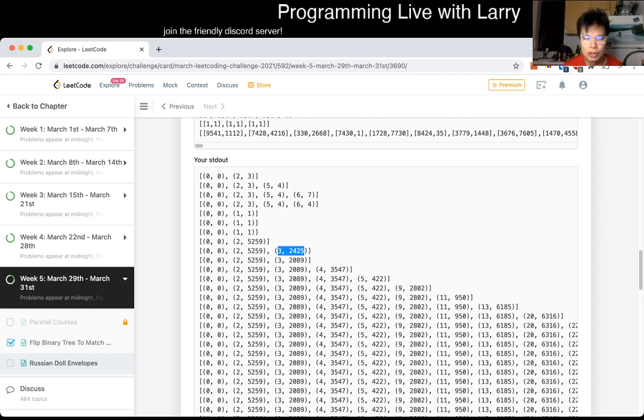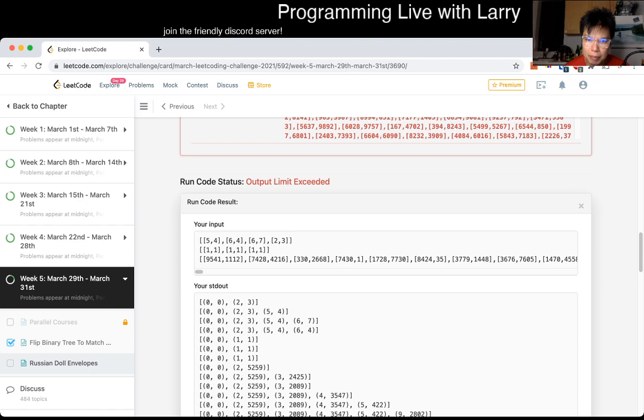So the insertion point is here. Oh, I messed up a little bit. I have to do some checks on the height. That's why it is wrong. But